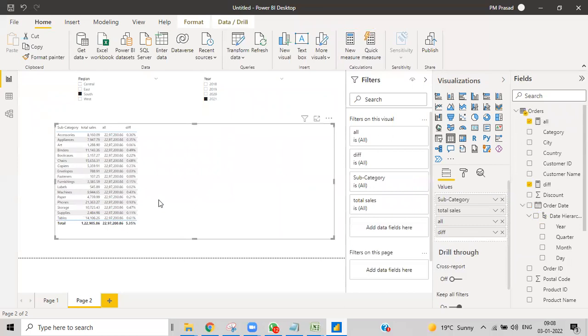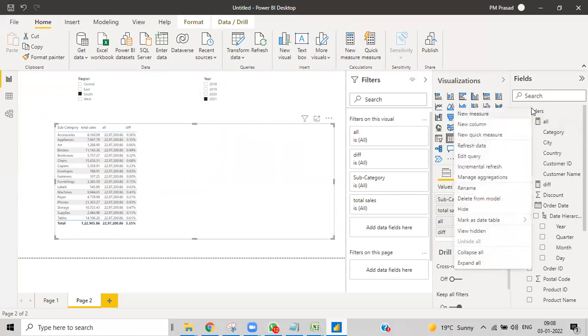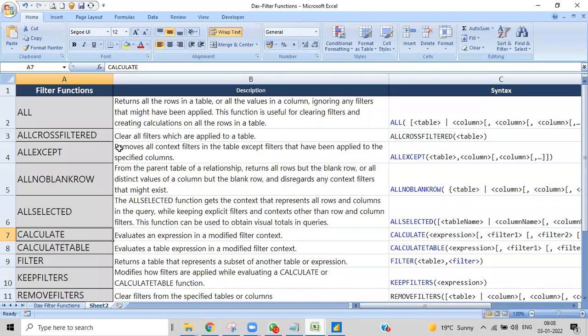Okay. So right now, what I want to do is take all the outside filters and ignore this current context filter. So we can do that with ALLSELECTED. I'll create a new table. What is the second one? CROSSFILTER, we will discuss once we know some other new concepts. So keep cross filter aside. We need to know what Galaxy schemas are that we learn, and afterwards we'll go into cross filter kind of things.